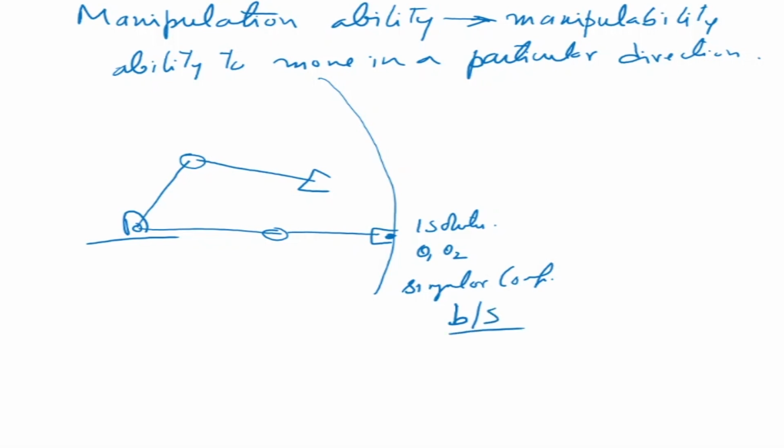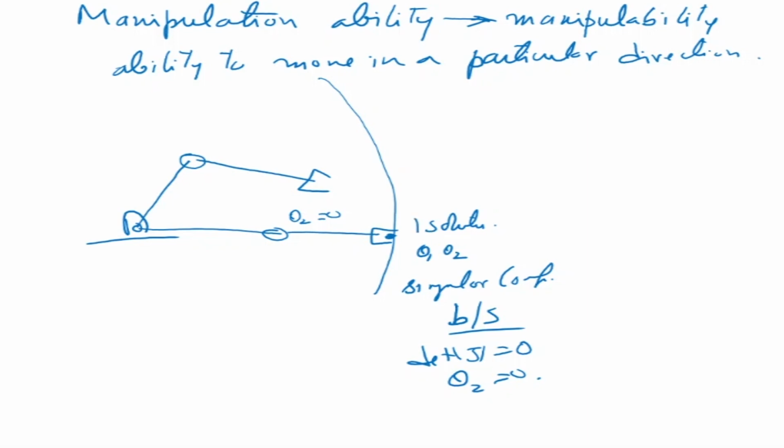So what is the meaning of boundary singularity? It basically means determinant of J has become equal to 0 because theta 2 is 0 now. So theta 2 is 0 in this configuration. It is in singular configuration. In terms of solution, what does it mean? It means that only one solution is there. Normally a 2 degree of freedom arm will have two solutions, right? But here it only has one solution.